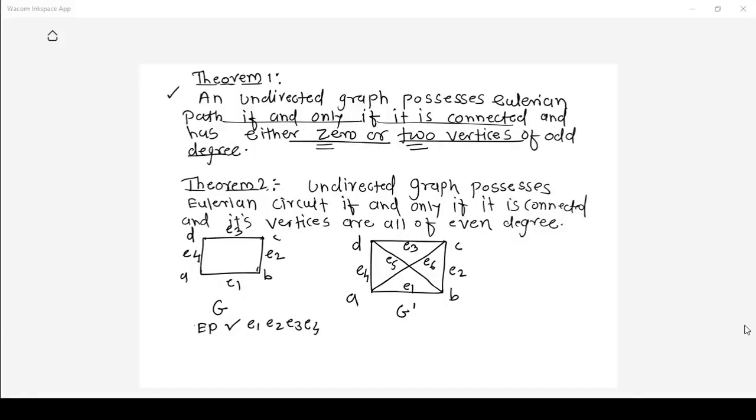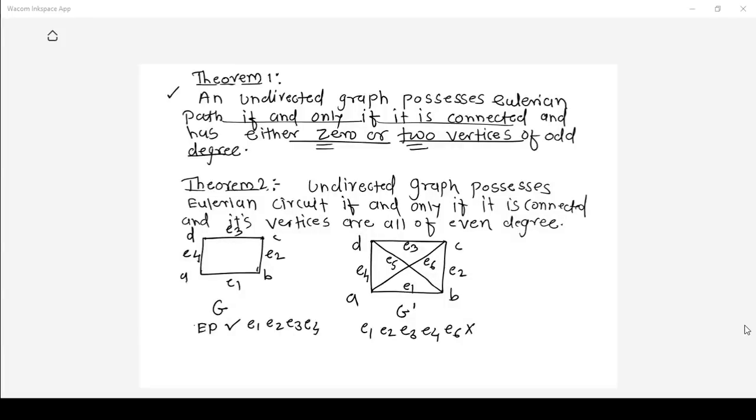So we can check. An Eulerian path is a path where every edge of a graph should appear exactly once in the path. Suppose you start from E1, then E2, then E3, then E4, and then let us say E6. Now to cover edge E5, either you have to cover edges E2, E1, E4 again, or go to E3 and then you can go to E5. So some edges are repeating, and hence an Eulerian path is not possible for this graph.